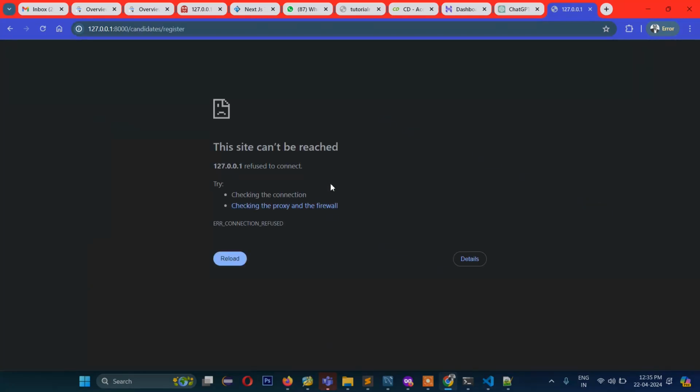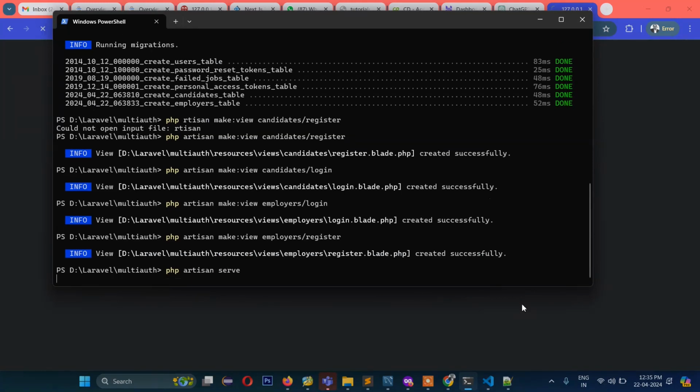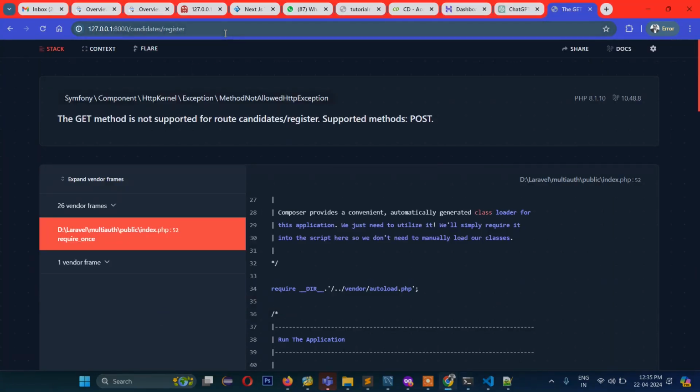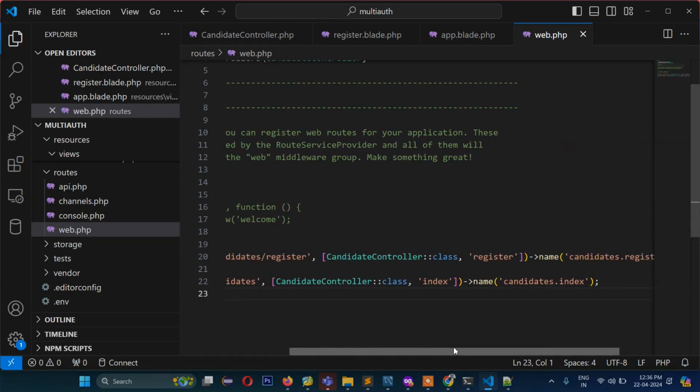Oh, we need to start the server, php artisan serve, right? Now refresh. Okay, started. Get method not supported for route register, supported method post. So we need to write one more function here, candidates, and then index, candidates index, that we have here,